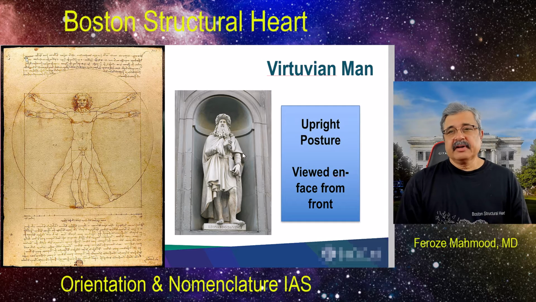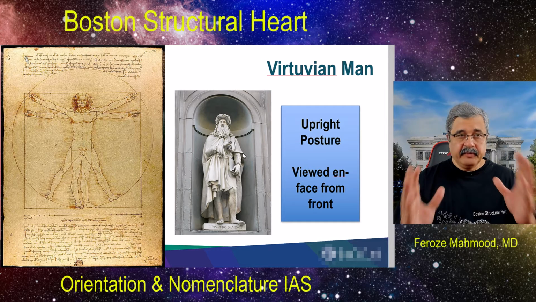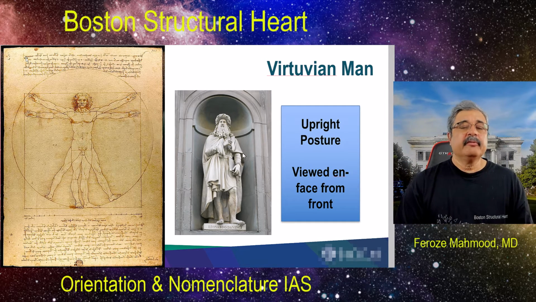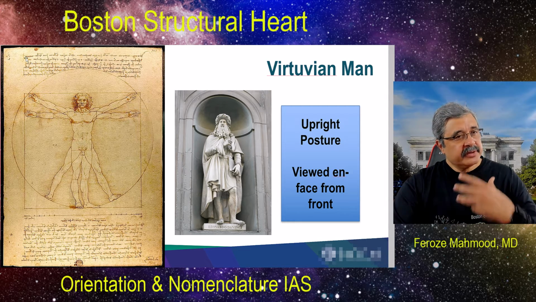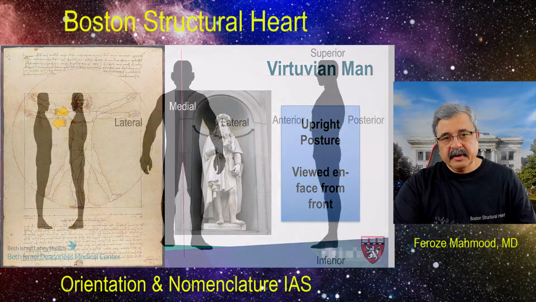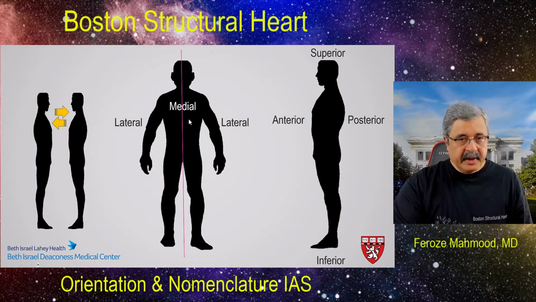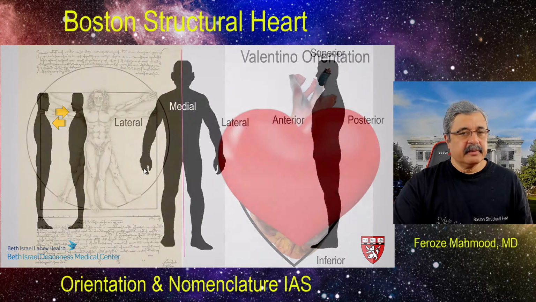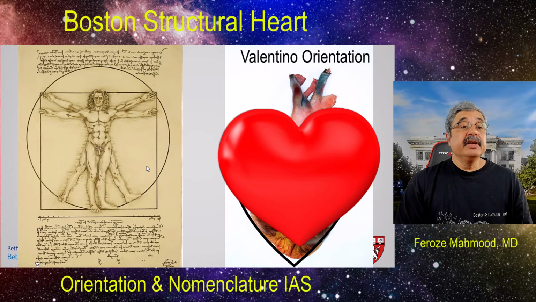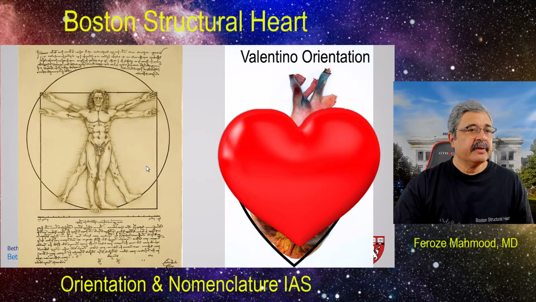The famous anatomist and artist Leonardo da Vinci described the Vitruvian man with an en face view of the human anatomy when viewed from the front. And it is classically described in an upright posture, and the observer is observing the anatomical model from the front. You would go right across the middle, you have the medial in the middle, the sides are lateral, there's anterior and posterior, and superior and inferior, and this is all from a perspective of being seen from the front. And that leads to the Valentine description of cardiac anatomy and the way we are taught in medical schools,